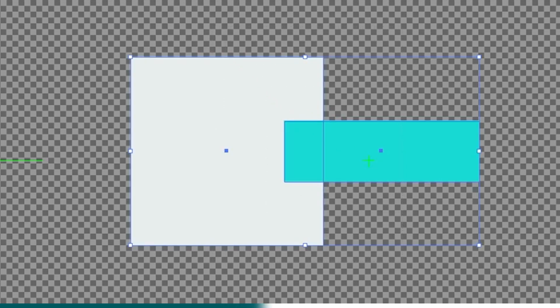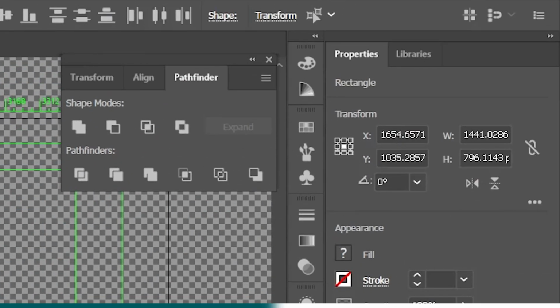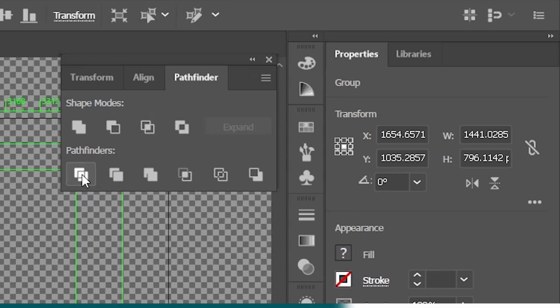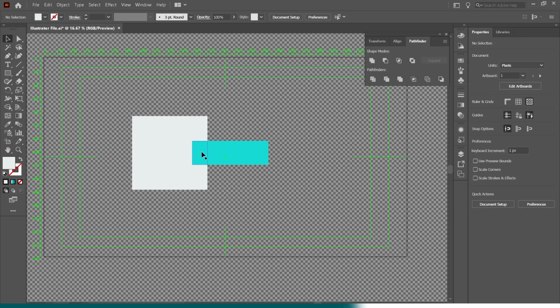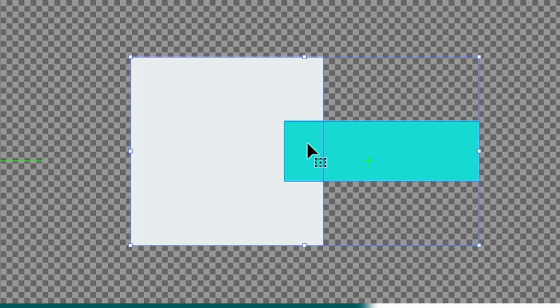Second, you see right here a window called Pathfinder popping up. Now, just in case you don't see that window, make sure to go to Window, click on Pathfinder, and you can see right here the divide option. So I'm just clicking on divide, and you can see right now that we have divided the blue shape in